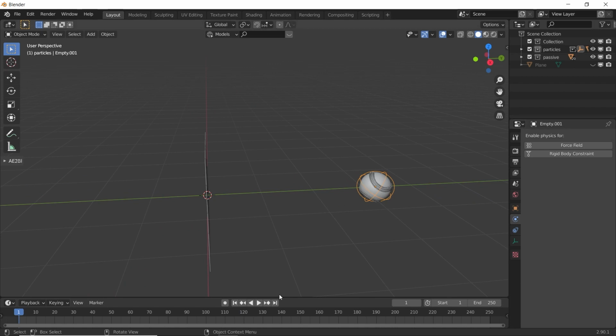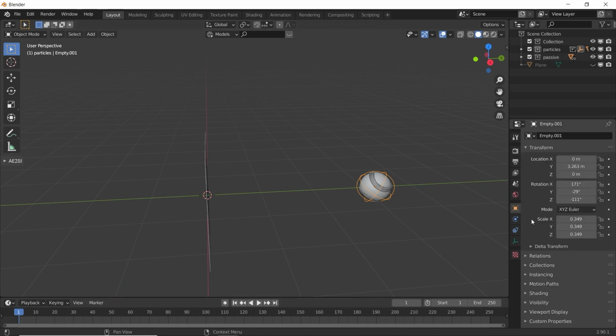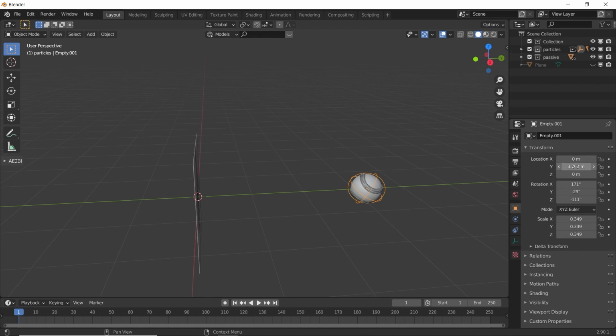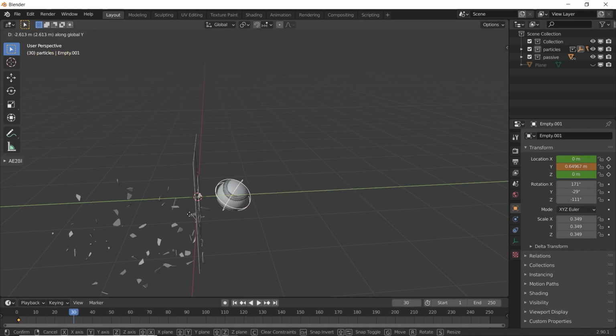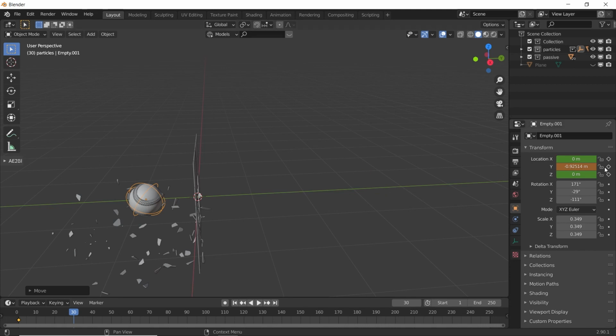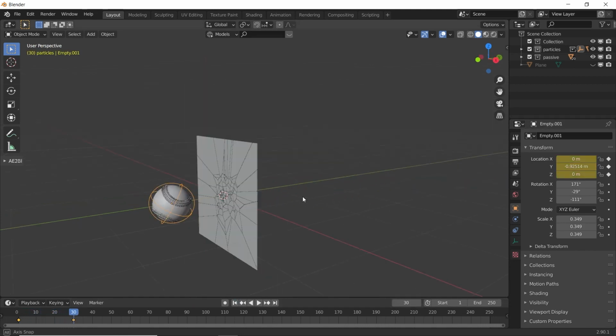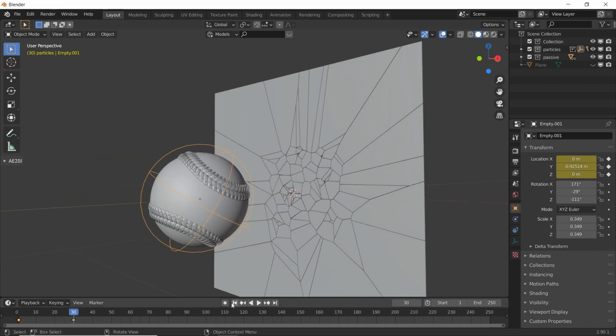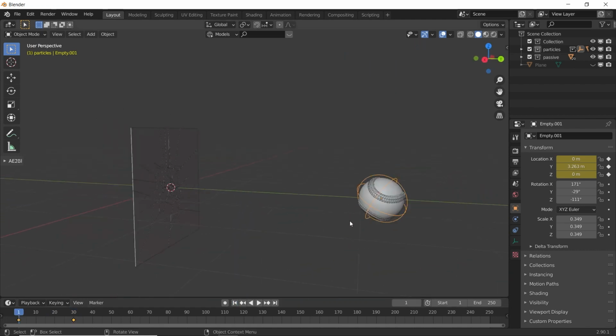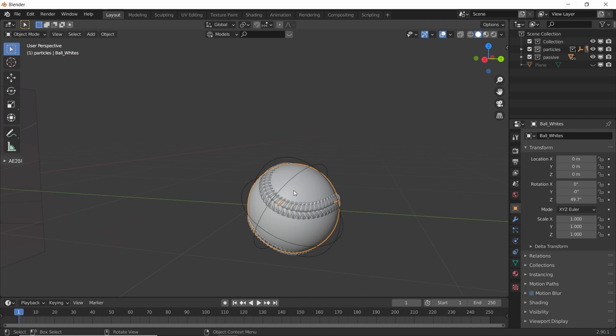Select this empty. Keyframe the Y location. Go to 30th frame. Grab it on Y axis and keyframe the location. See, nothing happens because it's not a rigid body.